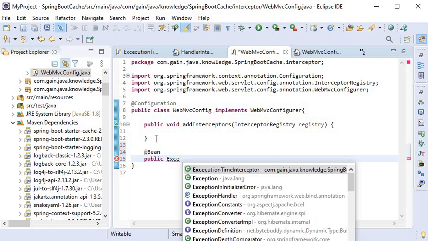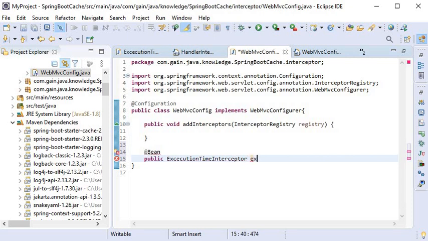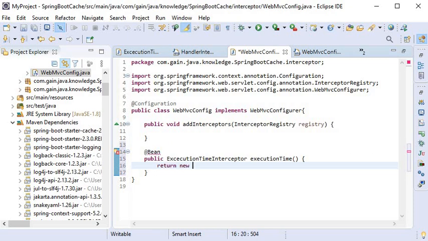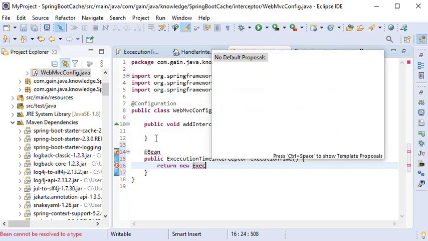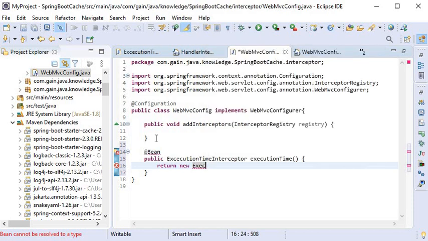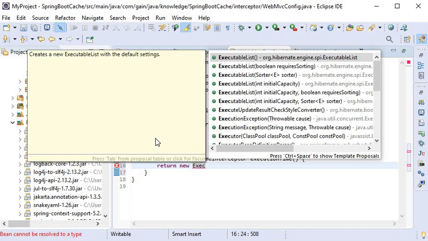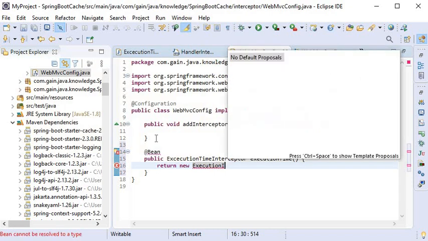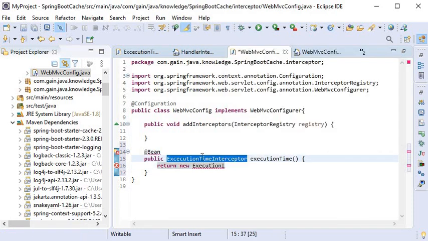ExecutionTimeInterceptor will be the return type, and here the function name execution, and it will return new ExecutionTimeInterceptor.